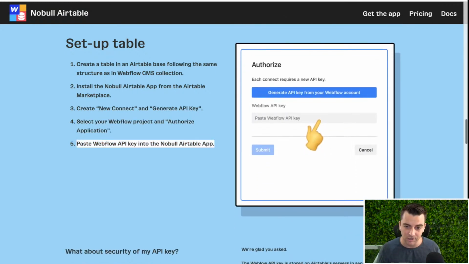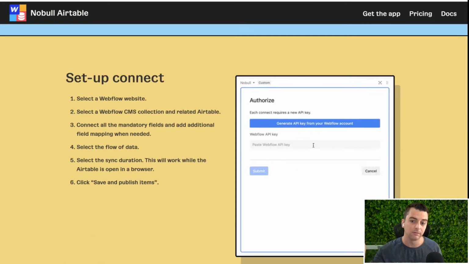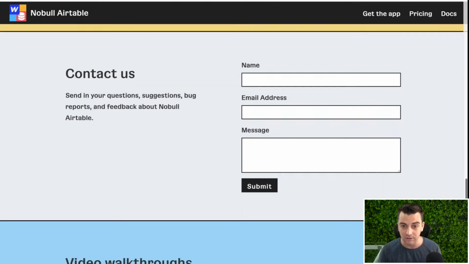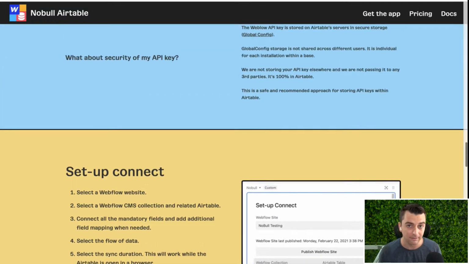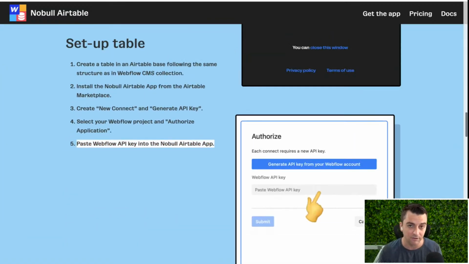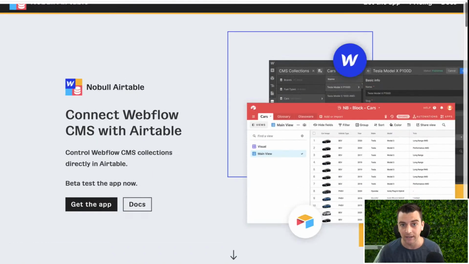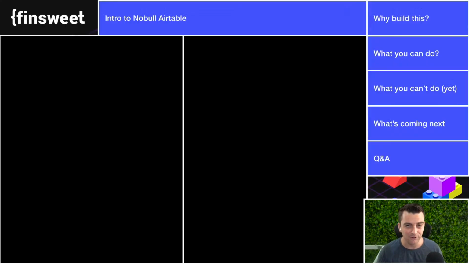We have a manual publish option, which means that you get to publish it right in Airtable with a publish button, just like you would have in Webflow. And there's also an auto sync feature that we are testing that you'll be able to have this happen automatically. And you have to have Airtable open. You have to have this set as automatic. And every 10 minutes or hour or day, it will go and make sure that these databases are synced from one direction to the other. So that's a nice overview. We're syncing data, we're lining up field by field, and we're allowing you to run your web.